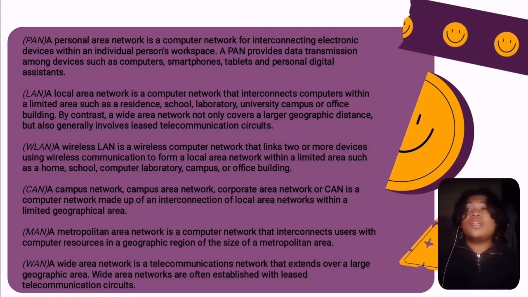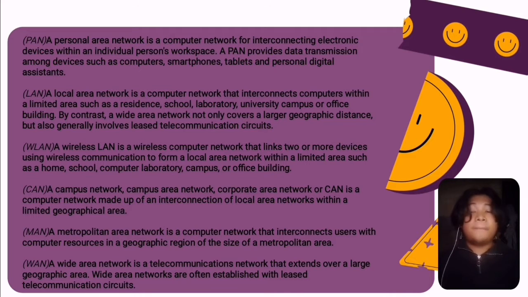WLAN. A wireless LAN is a wireless computer network that links two or more devices using wireless communication to form a local area network within a limited area such as a home, school, computer laboratory, campus, or office building. CAN. A campus area network, or corporate area network, or CAN, is a computer network made up of an interconnection of local area networks within a limited